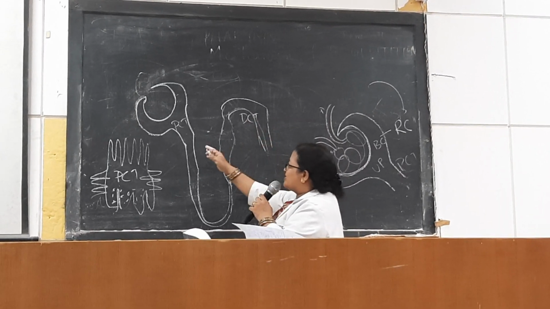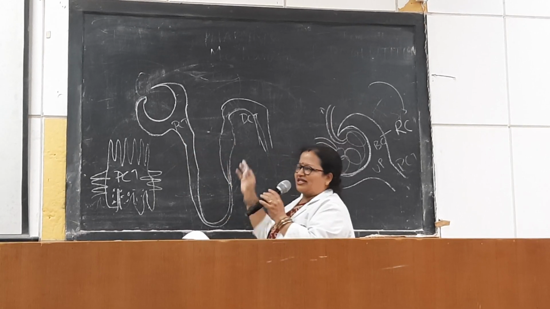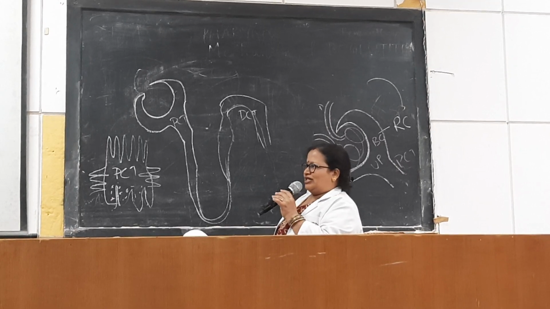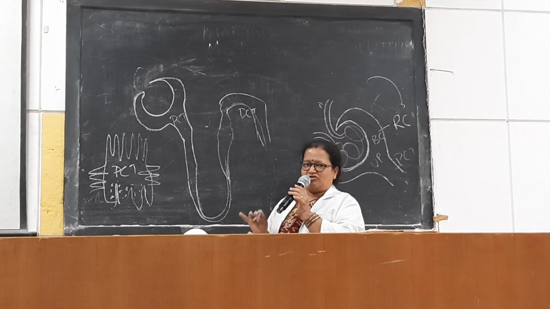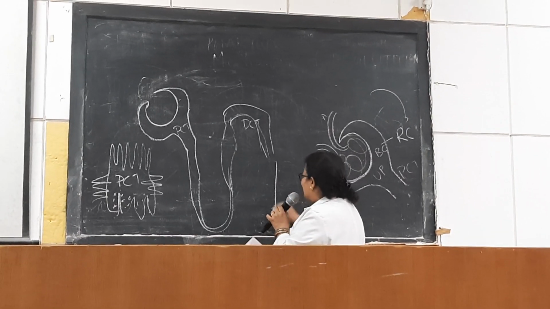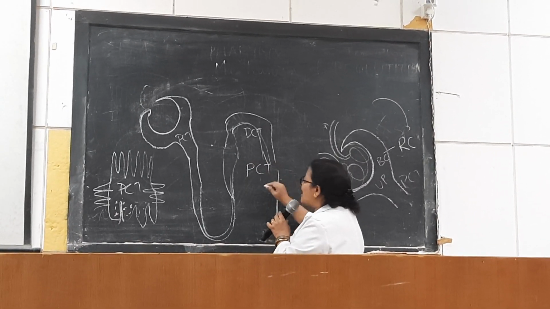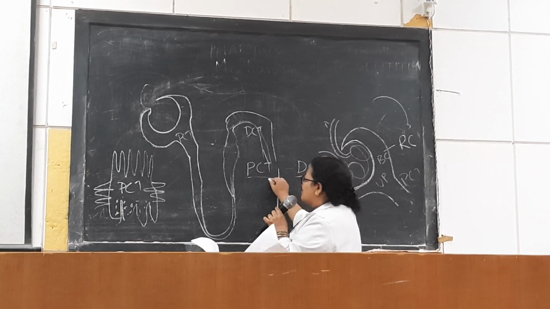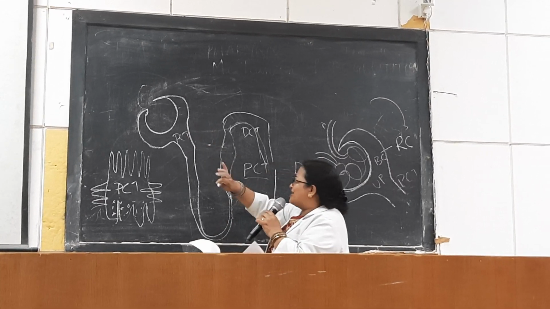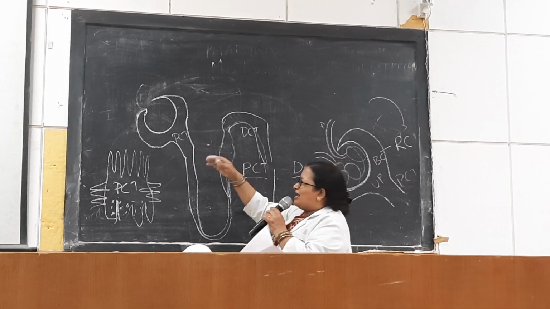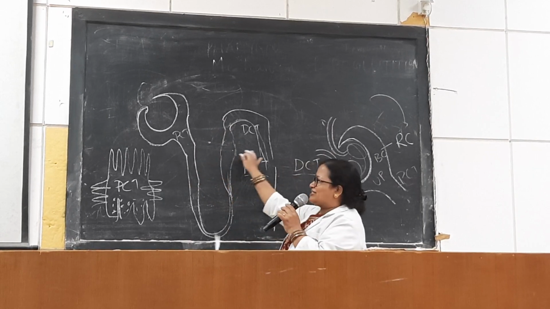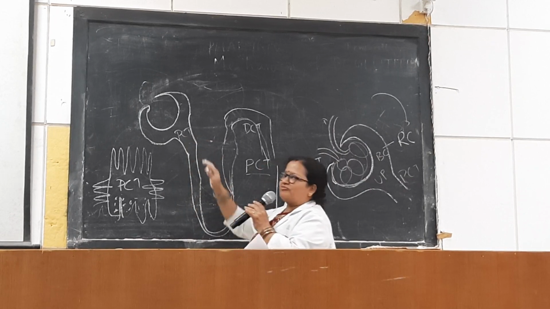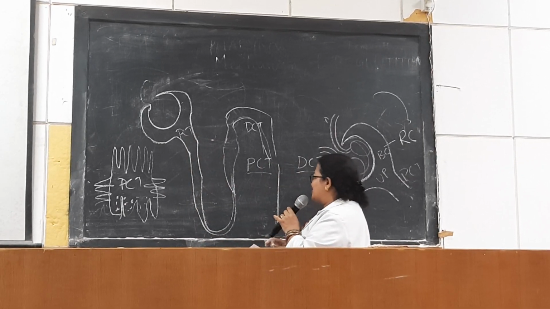And there are certain differences between the proximal convoluted tubules and distal convoluted tubules when you look under the low power microscope. When you see the slide of kidney under low power, we find the PCTs are large in number compared to the distal convoluted tubules, because the PCTs are longer in length than the distal convoluted tubule and more convoluted. So when you take a section, we get more PCTs than DCTs in one picture.